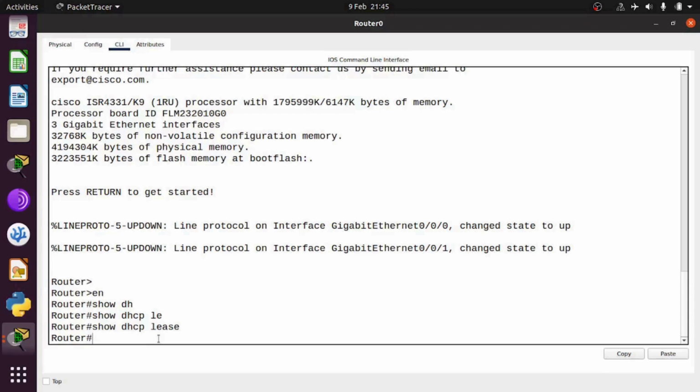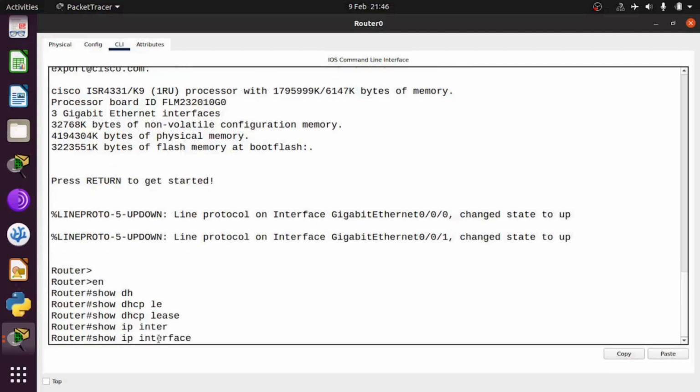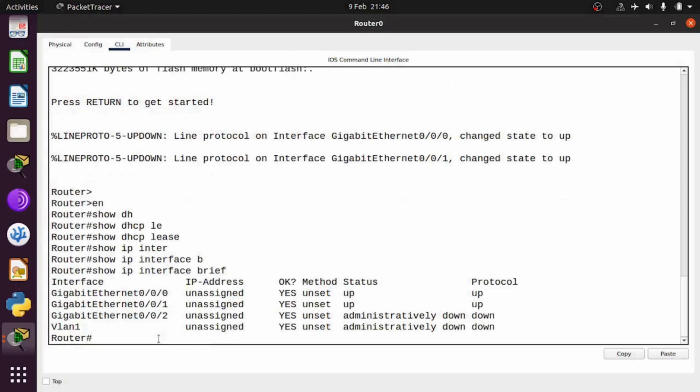If we verify the interface's IP-related characteristics by running the command show IP interface brief, we can establish that both the layer 1 via the status column and the layer 2 via the protocol column status is up. Whilst we are on the router, if we maneuver to interface E0/0/0 interface,